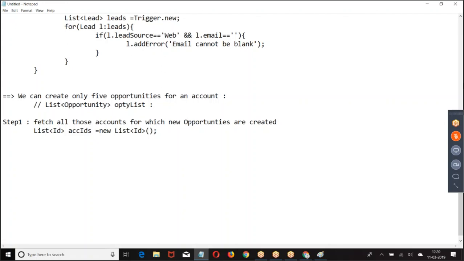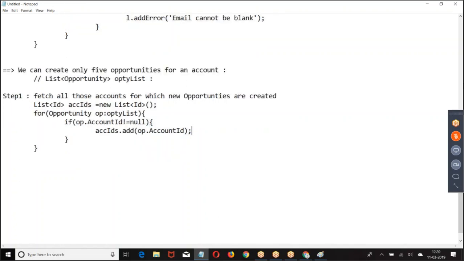How did you write it? If opportunity dot account ID not equal to null, this is the first step.